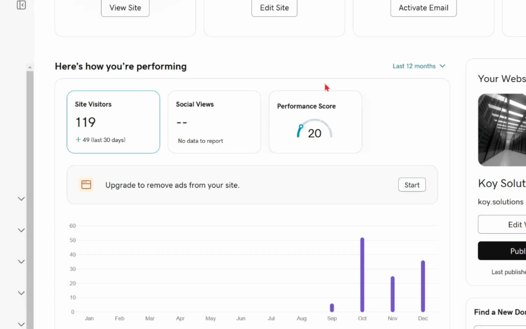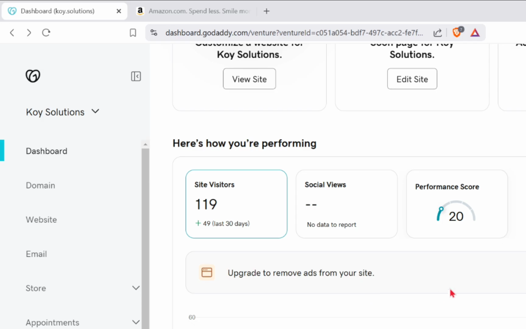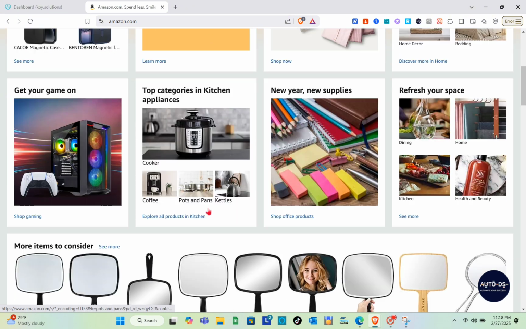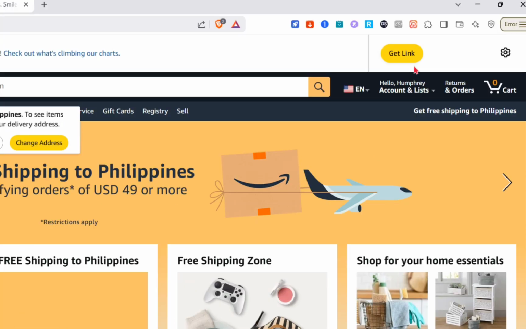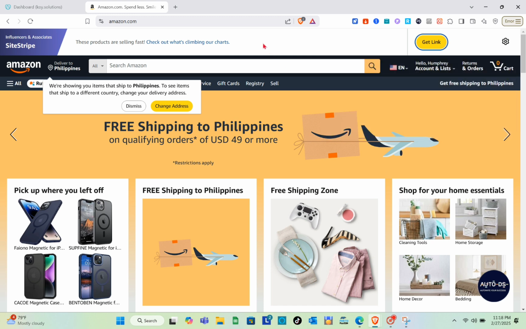In this video, you'll learn how to add Amazon affiliate links to a GoDaddy website. So here I have two tabs on my web browser. On the other tab, I have my Amazon account, and as you can see, I have the Amazon SiteStripe feature. In order for you to have this as well, you have to sign up for an Amazon